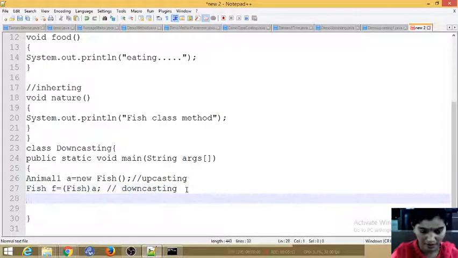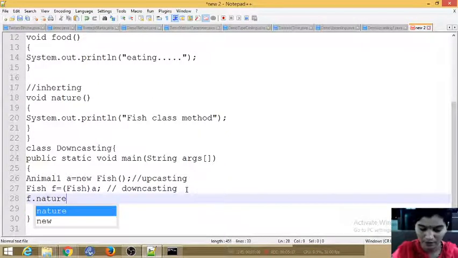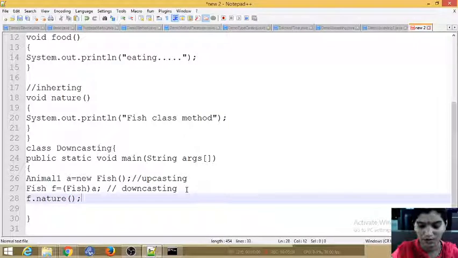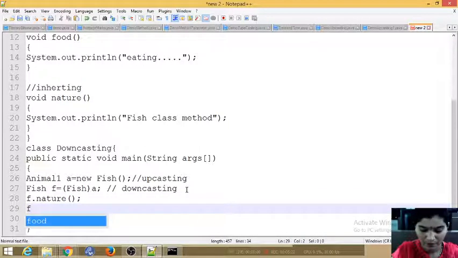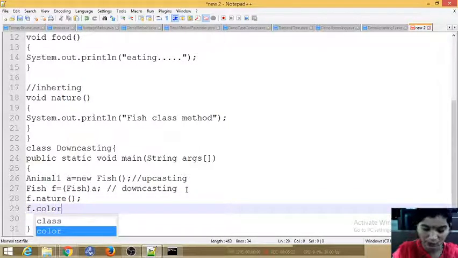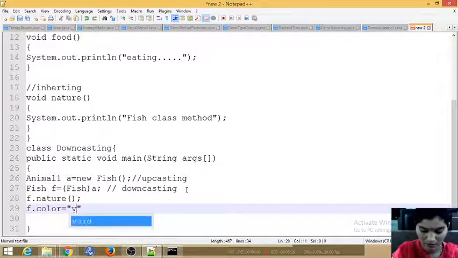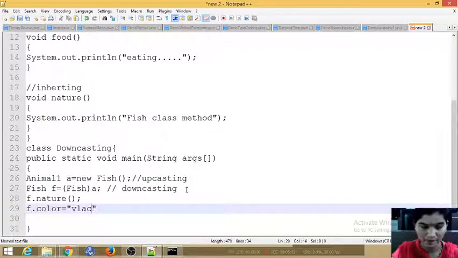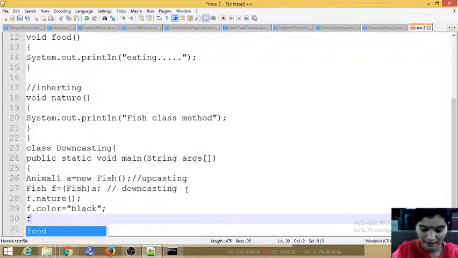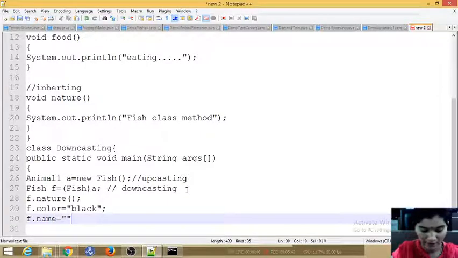Now call the method: f dot nature. Then f dot color, I will assign black. Now I will assign the name, which is present in the child class; the name I will give is ABC.